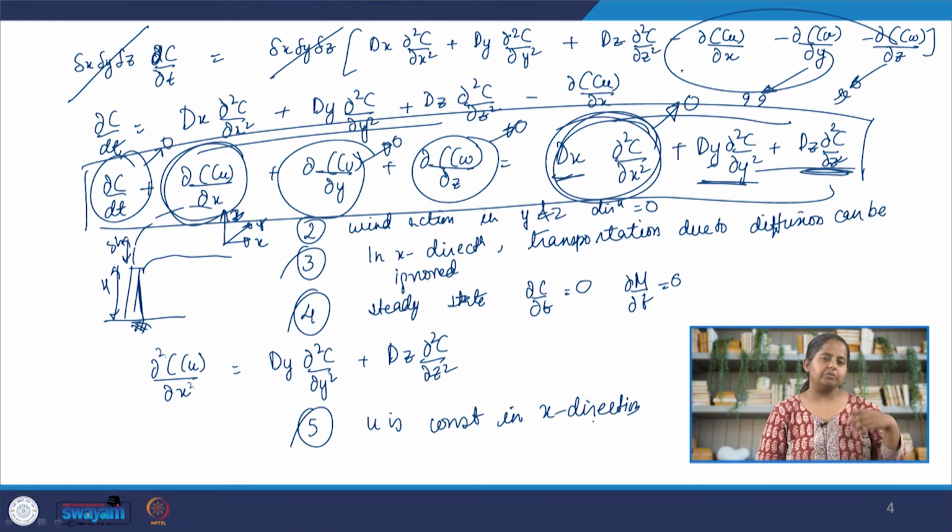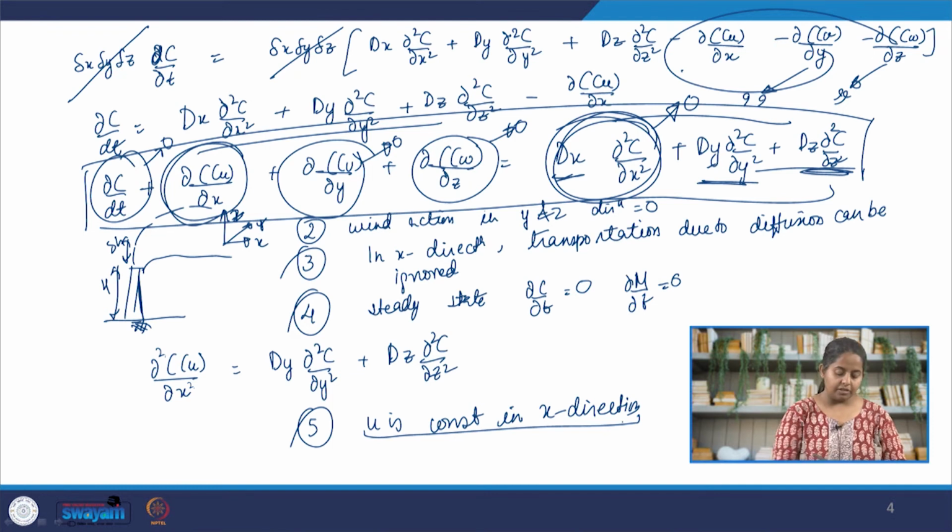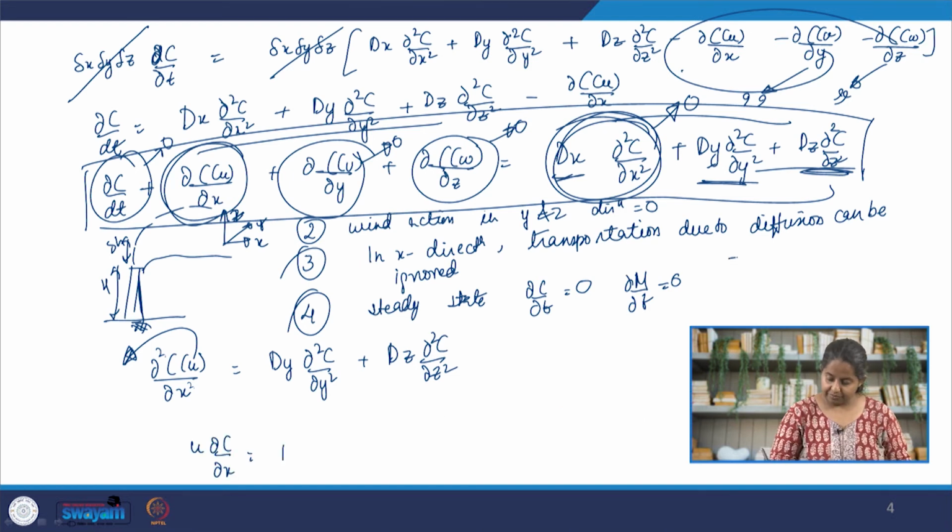The velocity of wind will be a function of both x and time. However, for short durations, for short distances or for very long distances or averaging it over longer periods of time, we can make this assumption that u is constant in x direction. What happens when u is constant? This u will come out of the derivative. So, what we will have then is u del c by del x is equal to